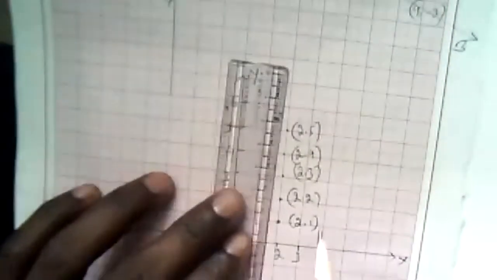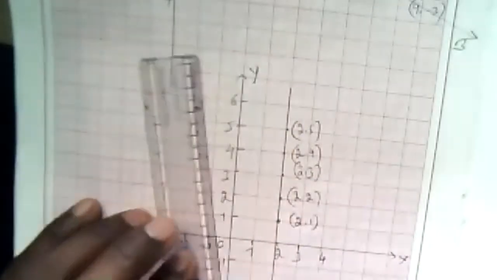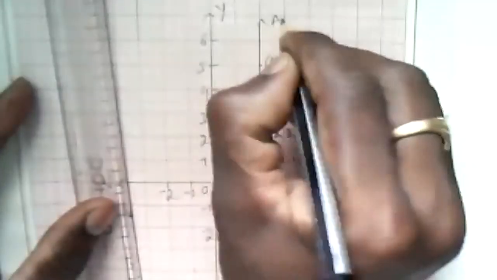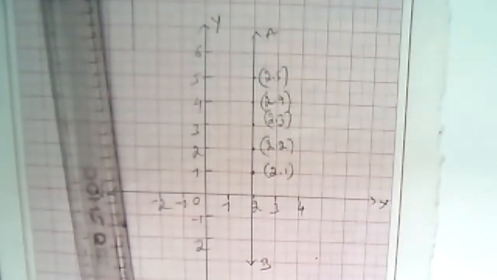Now we can draw the line through all these points like this. Okay, and you can give the label AB like this. Now the method of drawing the graph is the same. Okay, there are no changes. Now what is the property of this graph? Can anybody tell me, what is the property compared to previous graphs?